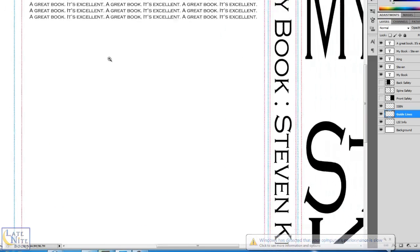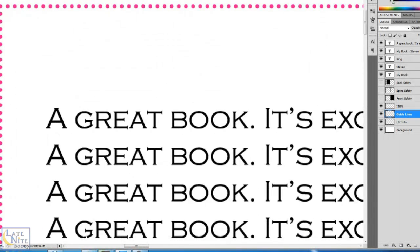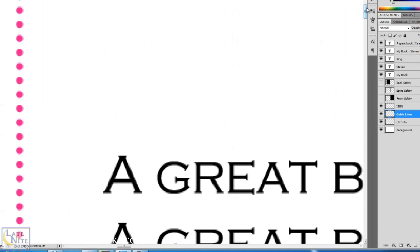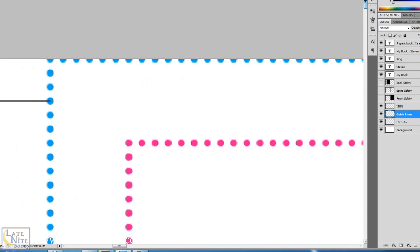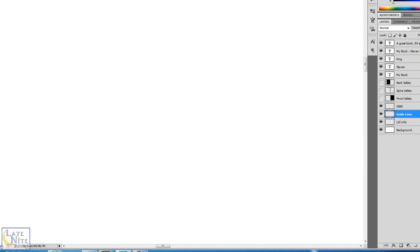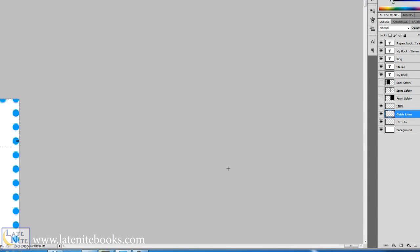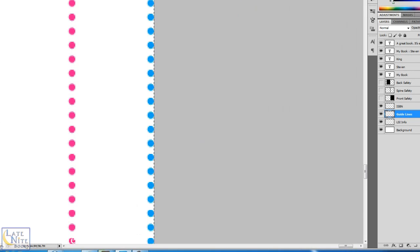make a more interesting background. We can zoom all the way in and go to the guidelines, and we will select, actually we will not select inside of the pink but inside of the blue. So you want to extend all the way to the trim line but not beyond, because we don't want to waste a bunch of ink dousing the entire thing with ink. So let's go on down to the corner. It's being a little twitchy today,